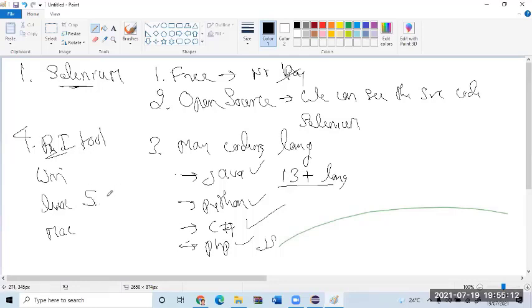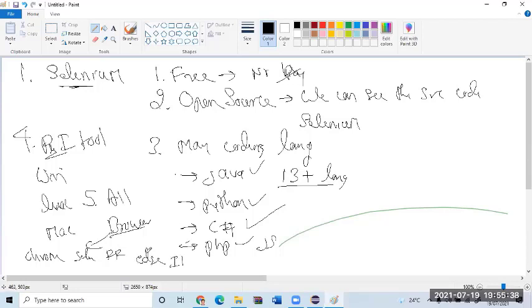Last but not the least, it will support almost all the popular browsers. Selenium supports all the popular browsers. What are the browsers? You might have heard about it. Chrome, Safari, Firefox, Mozilla, Edge.